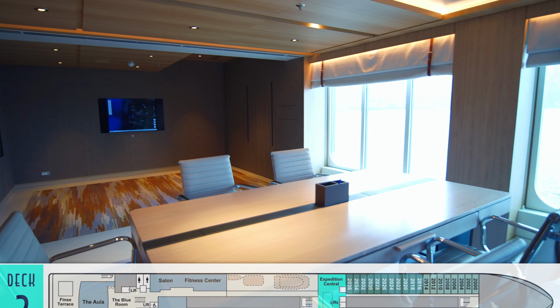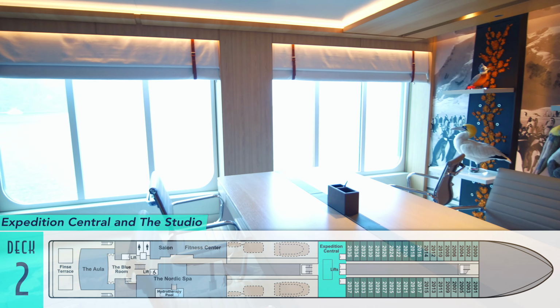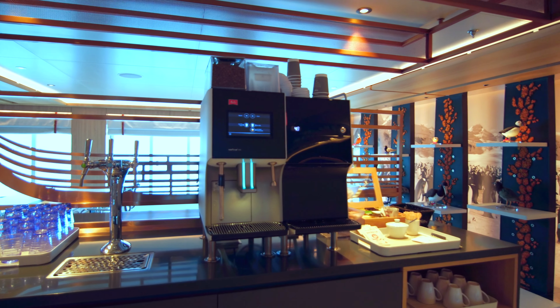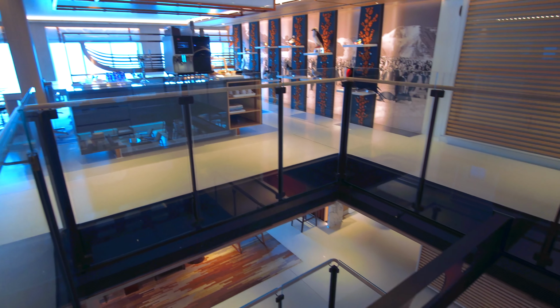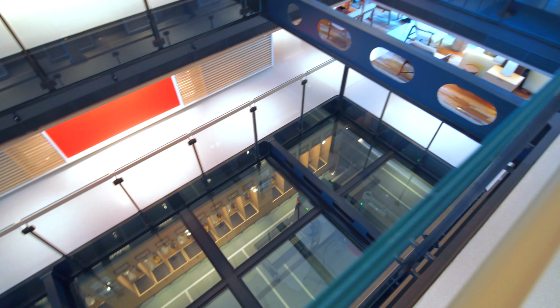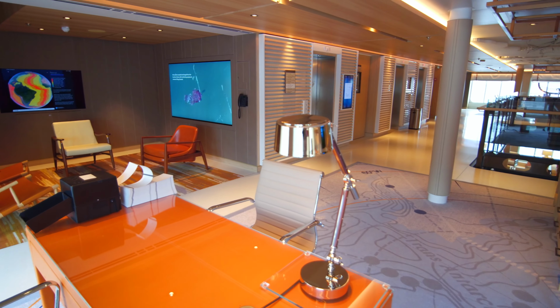Just below on Deck 2 is Expedition Central and the studio for interacting with the ship's extensive expedition staff. The studio site is outfitted with chairs and tables, as well as a wall of regional plush birds to help identify those seen in the area. And in between is an abbreviated atrium that neatly exposes part of the ship's industrial structure and looks down into the embarkation area, before returning to the other side, where more exploration is in store,